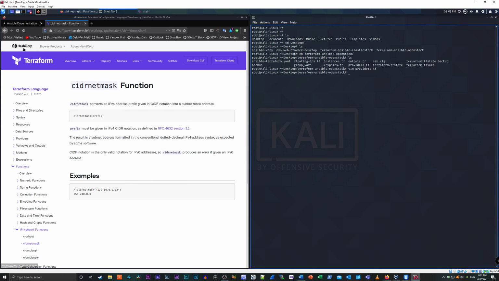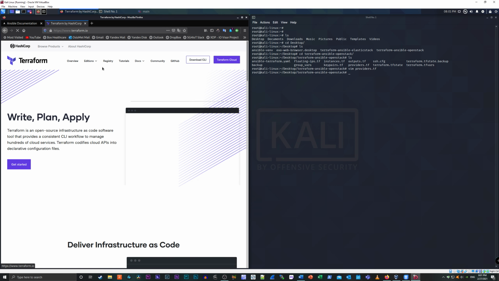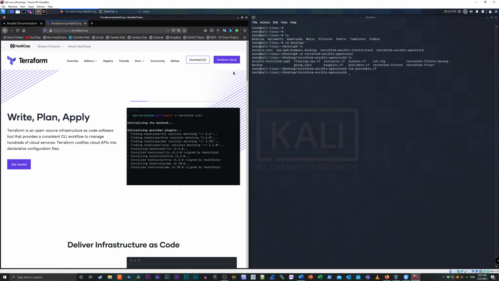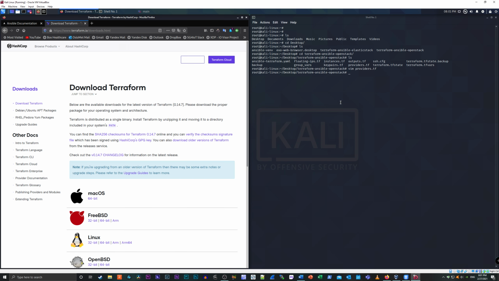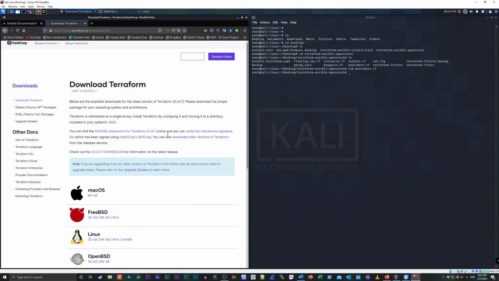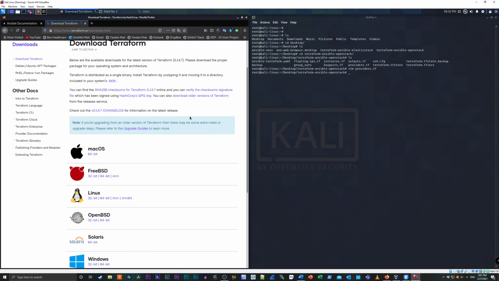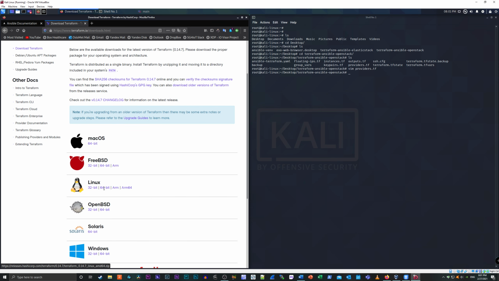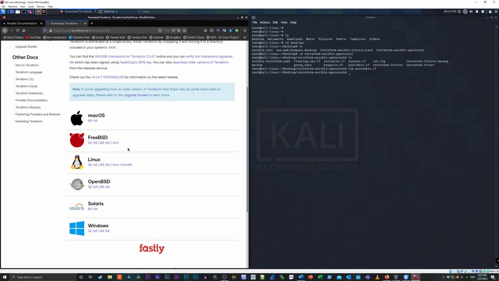If you want to install Terraform, you go to the website and you go to the download CLI. You can do this from a package manager, but I don't suggest you do that. What you're going to do is download it from one of the links here. If you're using Mac, you can do it from a Mac. This is very convenient. From Linux, from OpenBSD and FreeBSD, this was something I was quite surprised to see,